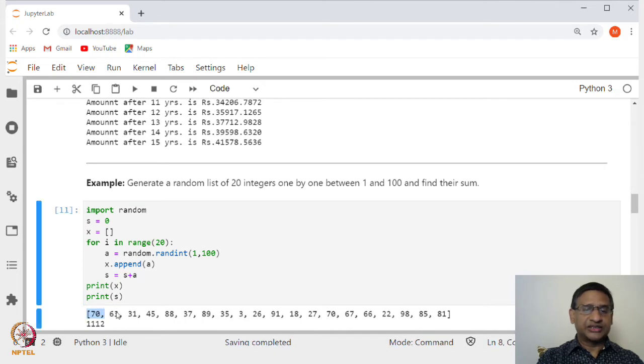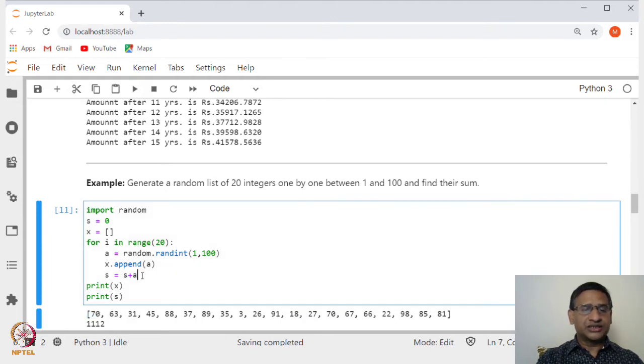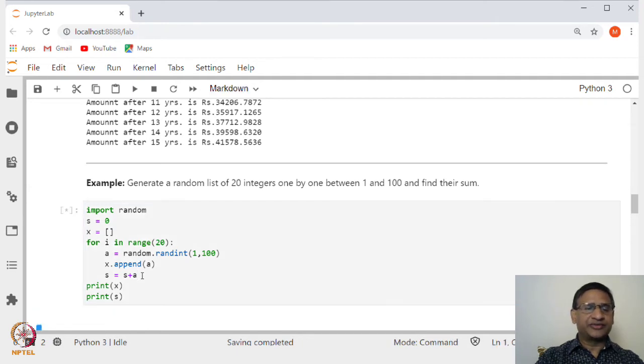So, the list is 70, 63, 31 and so on, and the sum of these numbers is 1112. Suppose I run this once again, I will get a different list of random integers, and the sum will also be different.